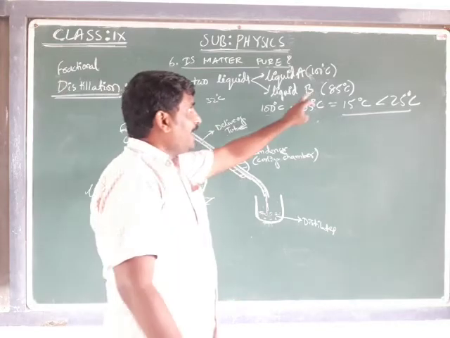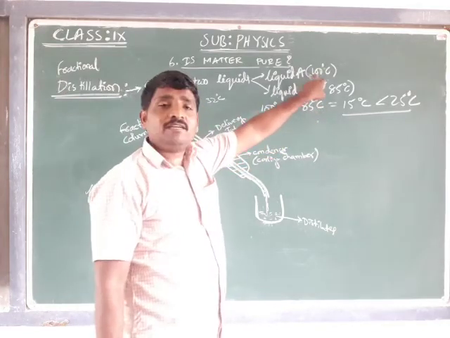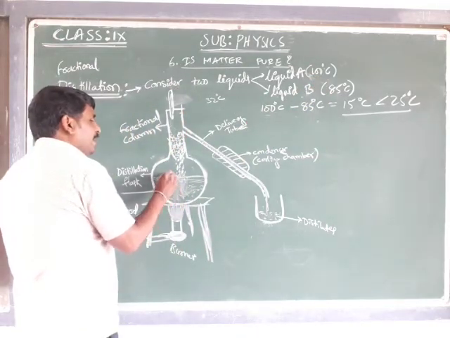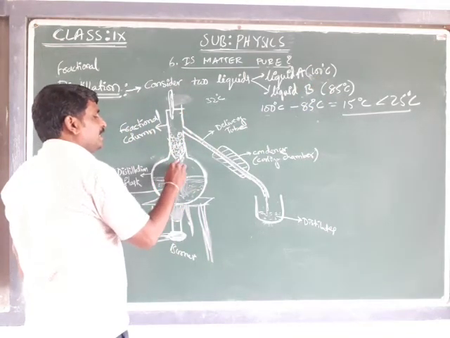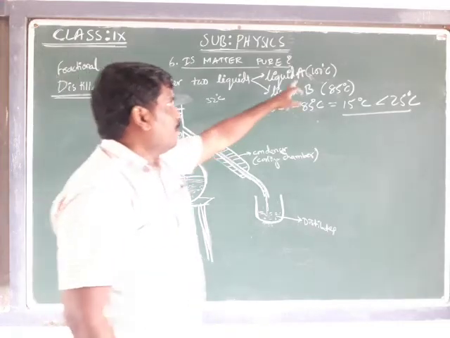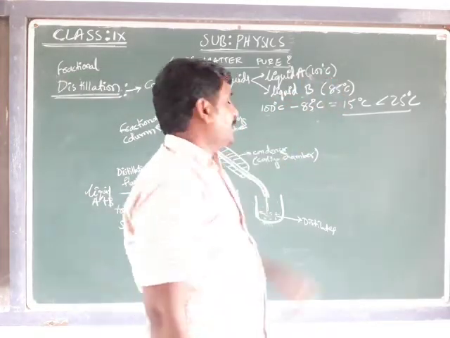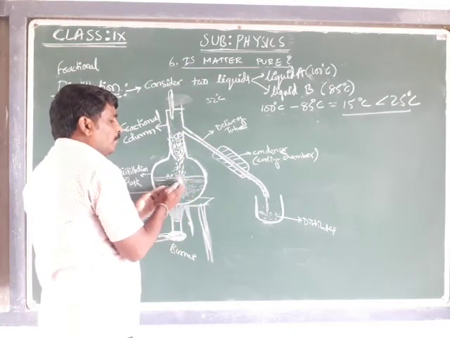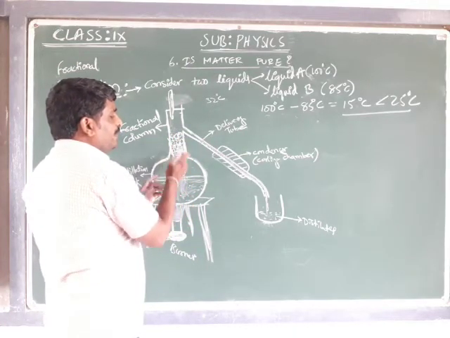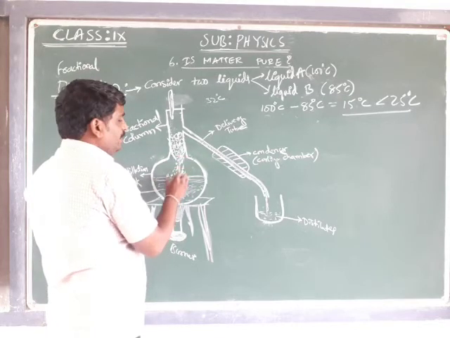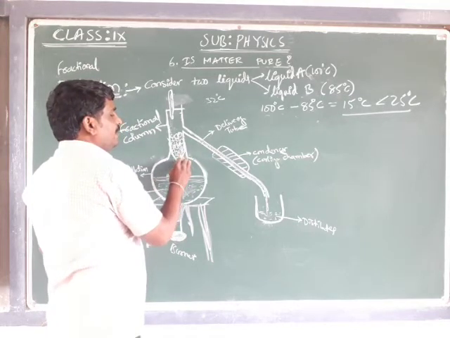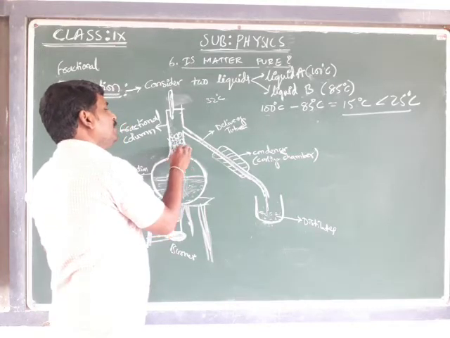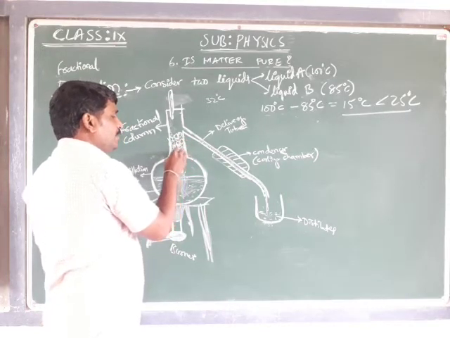Along with that, as 85 is near the boiling point of liquid A, a few particles of liquid A also start evaporating. When the vapor, mostly B with a few particles of A, enters the fractionating column, due to the coolness of the fractionating column,